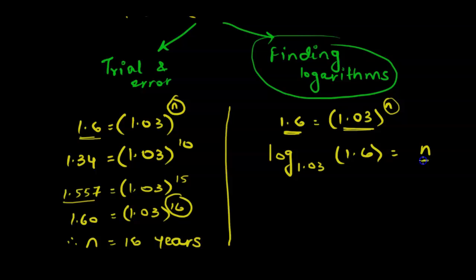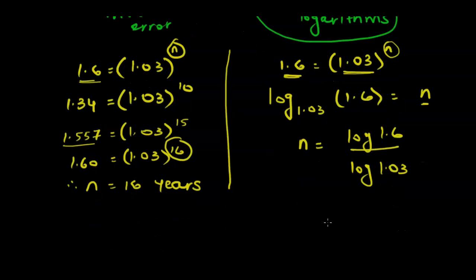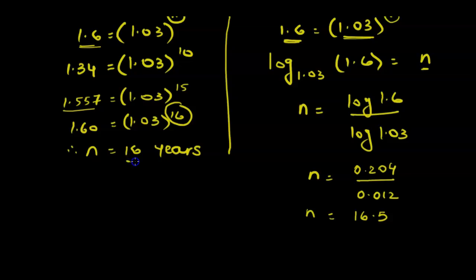So when we have to solve the n value in this case, all we have to do is log of 1.6 divided by log of 1.03. All these details have been provided in the exponential and logarithmic functions playlist. Now we just have to put this on the calculator, and that would give us the n value. And the result that we get here is n equal to 16.5, which is approximately similar to the answer that we got in a different way. So we would conclude that it would take approximately 16.5 years to get to the population of 2000 people.